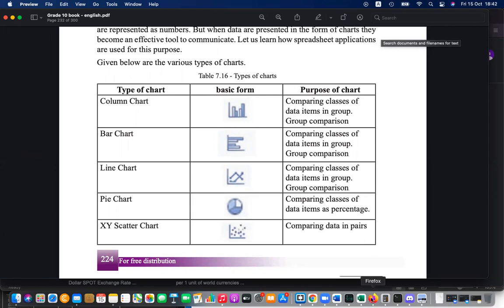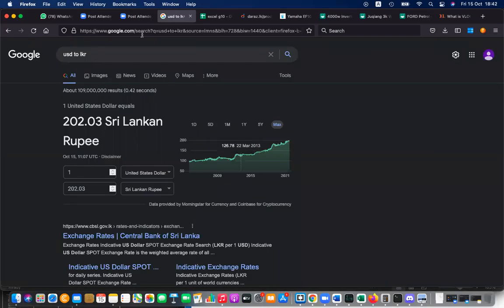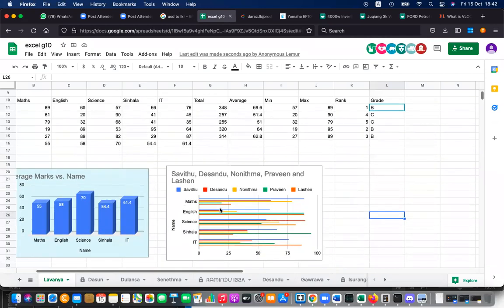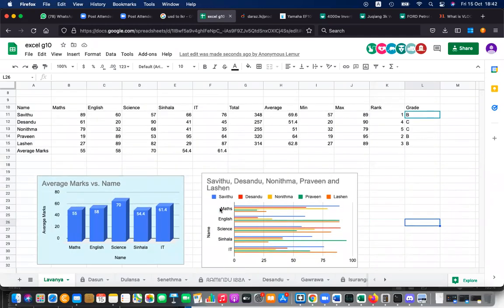Here also you can use a pie chart. You can show how students score. Actually, let's say the total marks. Savitu's performance, or let's say Lashen's performance. Okay, let's say Savitu's performance, how Savitu has obtained marks for each subject. He's the number 1 student in the class, so he got 348 marks. How did he score? You can insert